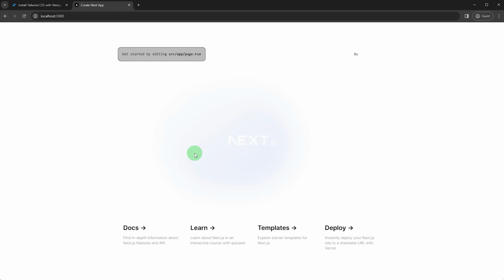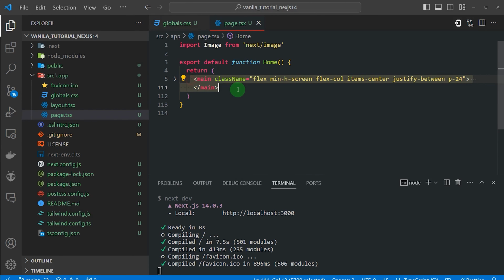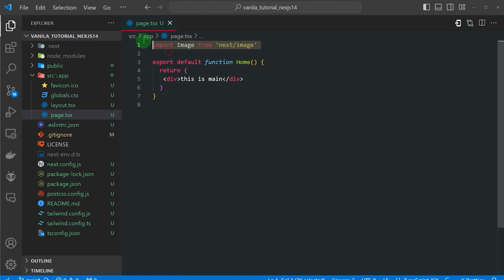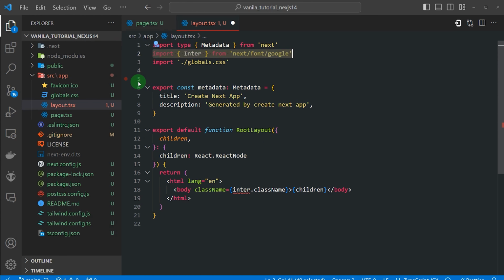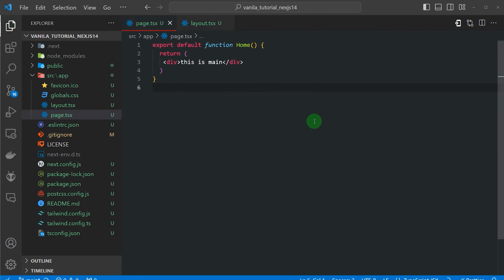Our default website comes out, but it looks a little weird. It's because we have deleted all the CSS. For now, let's just delete all the boilerplate in our main page. Then, as you can see, that's our main page. Let's further delete all this boilerplate, not only in page, but also if you go to layout.tsx, there's all the boilerplate, and then I'm going to delete these 2 lines and also this classes. I don't need it. So I think this is the minimalistic template that we can start off.